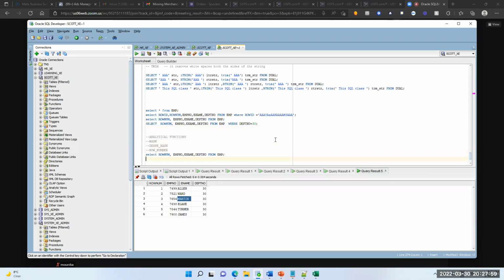Now tell me what is the difference between rank and dense rank. I will show the data first.